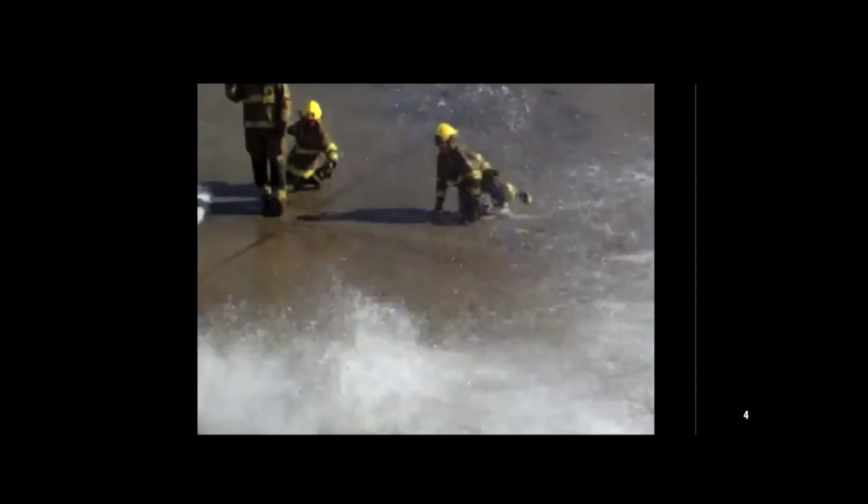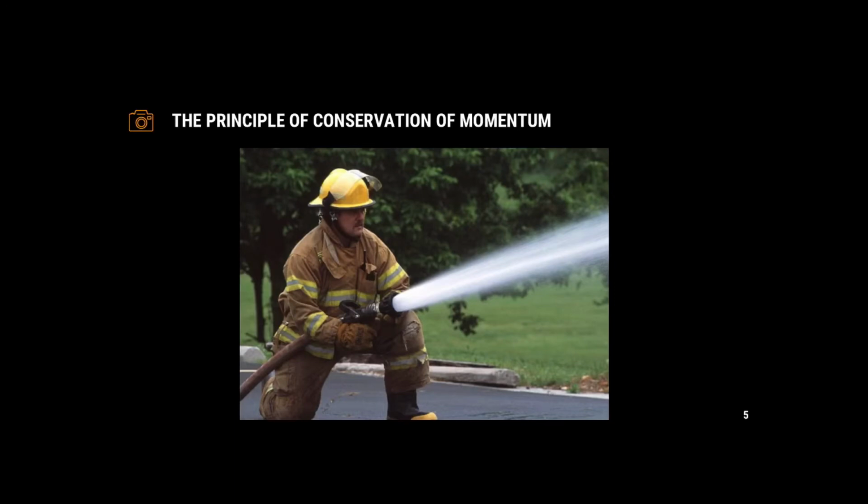So what is actually happening to the water hose? Yes, you're right. Because of the pressure of the water and the high velocity of the water going out from the hose, the hose cannot stand still. Why is the hose wiggling? It's funny, but it is something scientific that we have to figure out. That is why the fireman has to position himself properly to hold the water hose, because of the pressure of the water, which is atmospheric plus the velocity of the